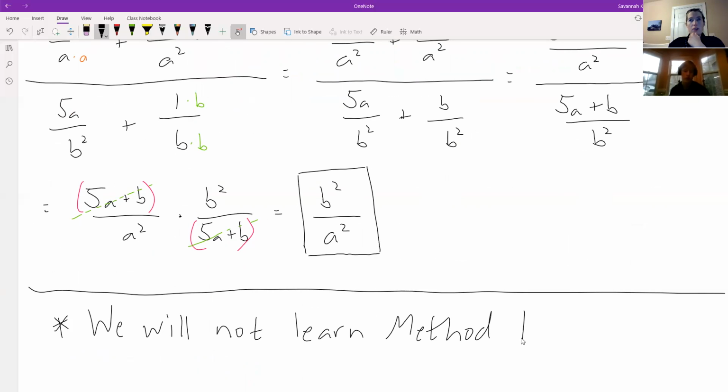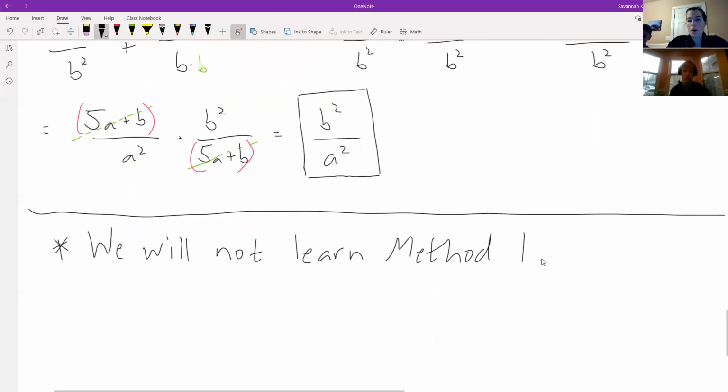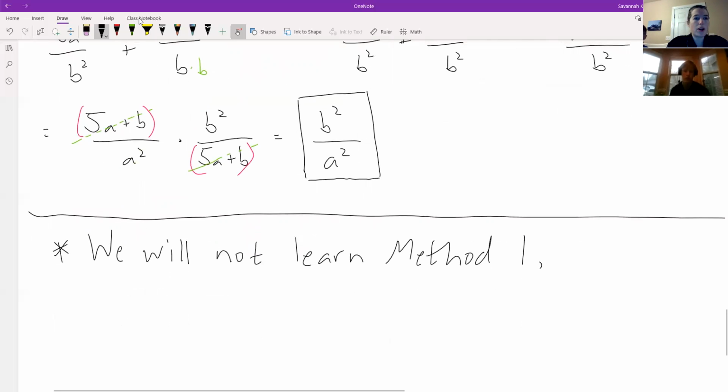What usually happens is students learn method 1 and method 2 back to back, even in college. And the methods are too similar and they start making their own, like method 3, a hybrid of the two methods, and it becomes a mess. I wrote method 1 there. We did learn method 1, goodness. We will not learn method 2, but